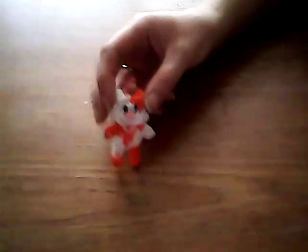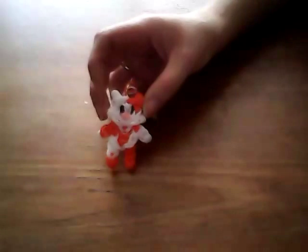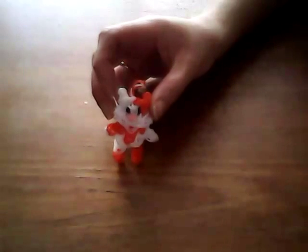You will need a body colour. I'm going to use black today. 2 bands for the eyes and a pink band for the nose. So let's get started. So taking your loom in a staggered configuration with the arrows pointing towards you, we're going